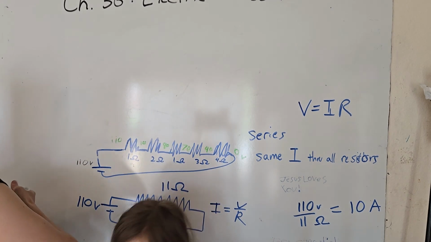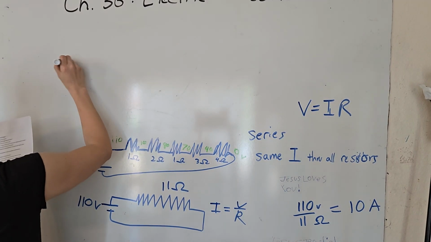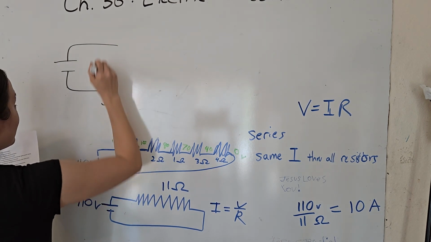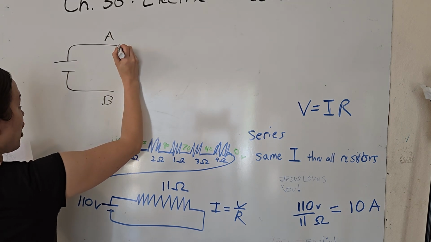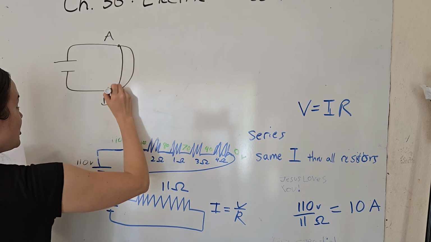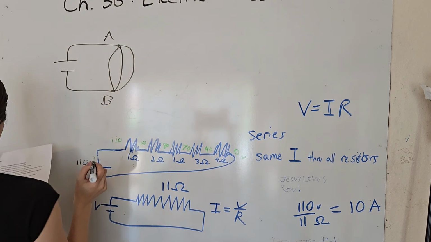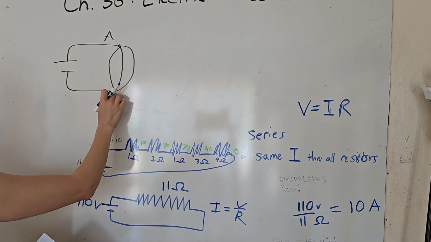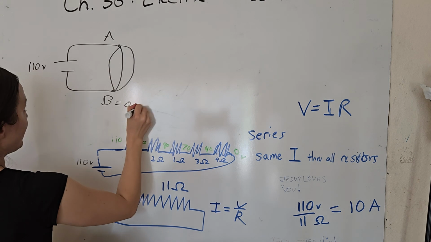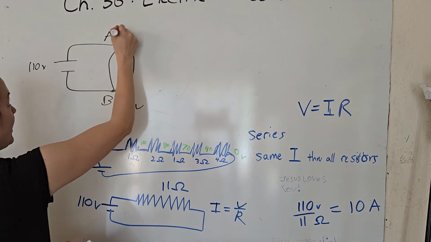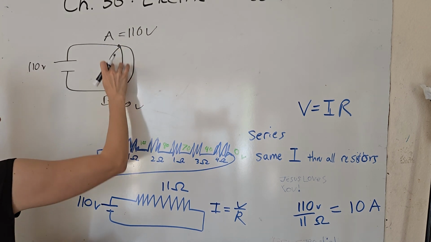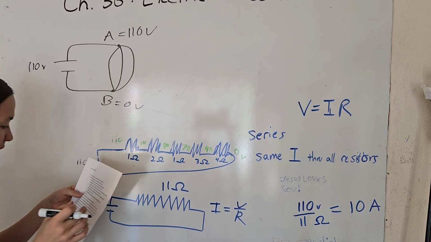So in a parallel circuit, what's going on here is we have point A and point B, okay? And then we branch off. So we have our first branch, our second branch, our third branch, fourth branch, fifth branch. All of these have, say there's 110 volts here. So B equals 0 volts, right? Connected to this end of the battery. A equals 110 volts because it's connected to this end. The voltage drop happens over these guys. However,